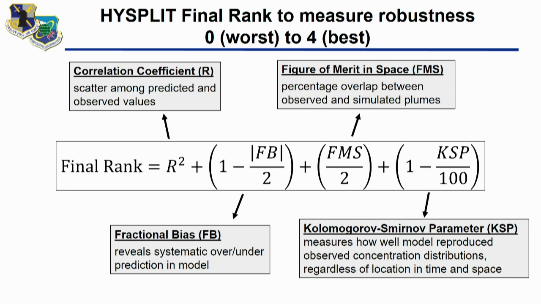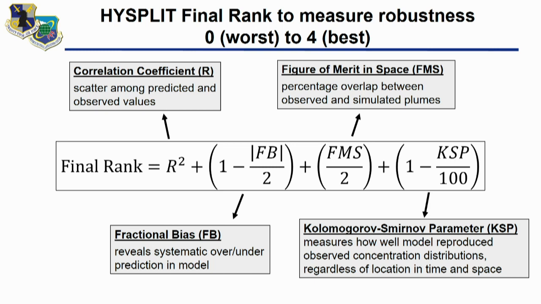So we use the HYSPLIT final rank score, which is basically just a way to measure the model robustness. It takes 4 parameters and weights them each from 0 to 1 and adds them up, so that 0 would be the worst and 4 would be the best. The 4 parameters it accounts for are the correlation coefficient, which is just the scatter among the predicted and observed